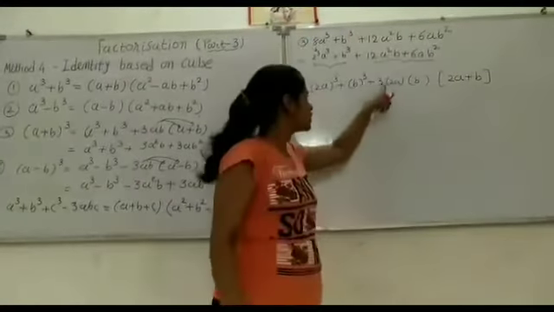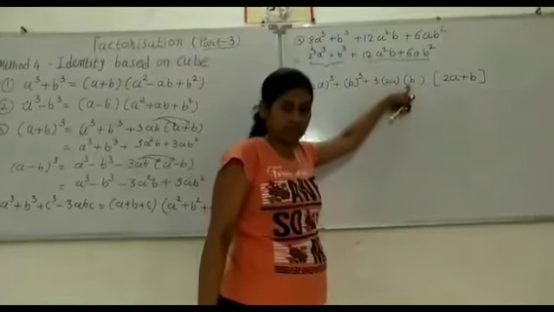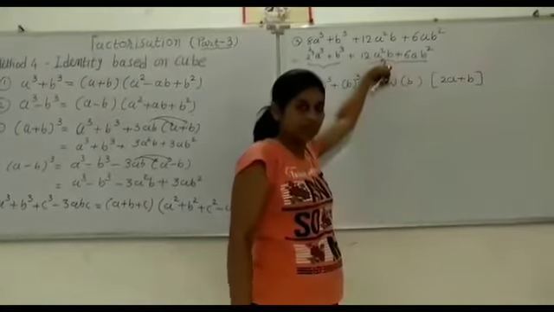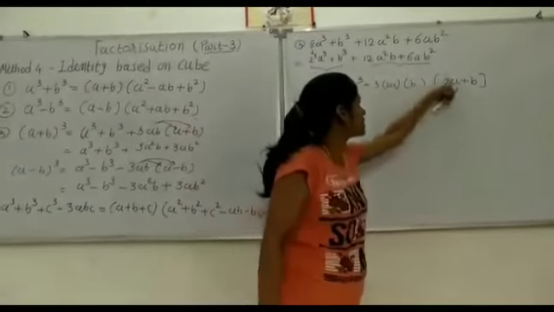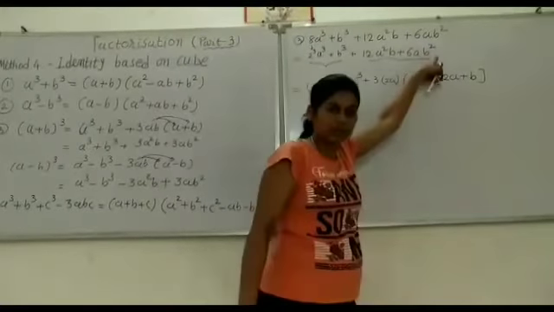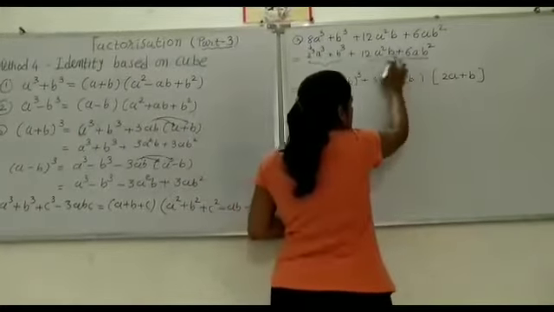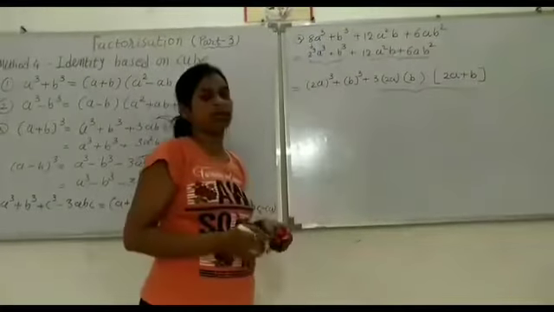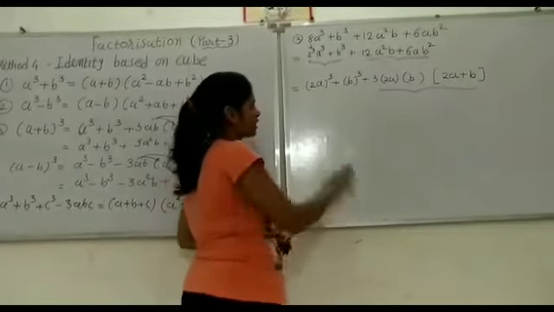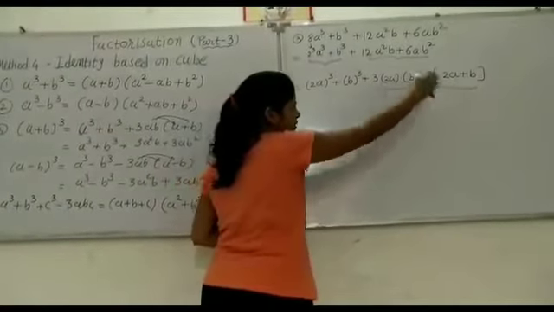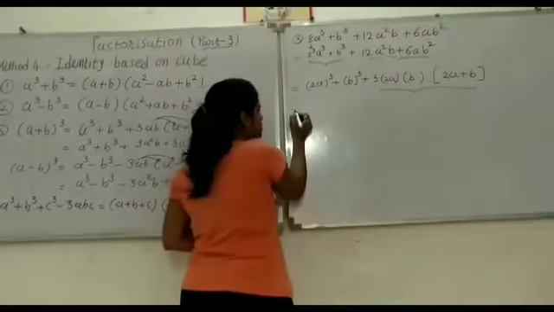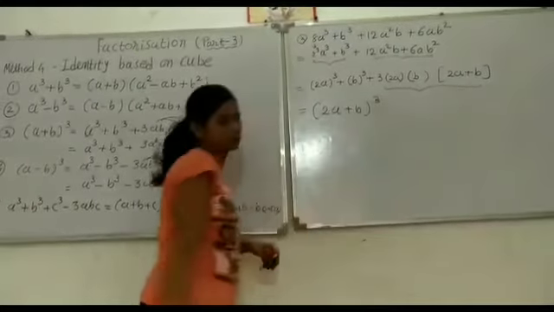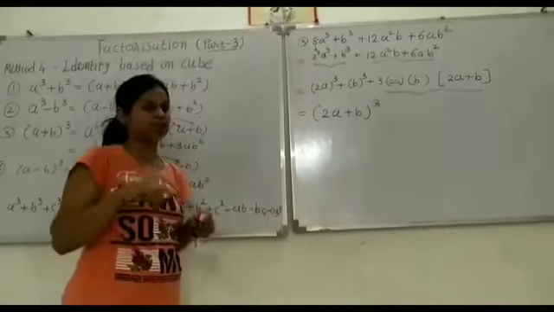Now check. 3 2s are 6, this is 6ab. And multiply here: 6 2s are 12, ab into a square b. 3 2s are 6, 6 1s are 6, ab into b, ab square. So you just represent these two steps this way, because we want to convert this form into our suitable identity. So which identity is suitable here? a cube plus b cube plus 3 times ab bracket a plus b. So now this is which identity? 2a plus b whole cube. This is the converse form of its expanded form.